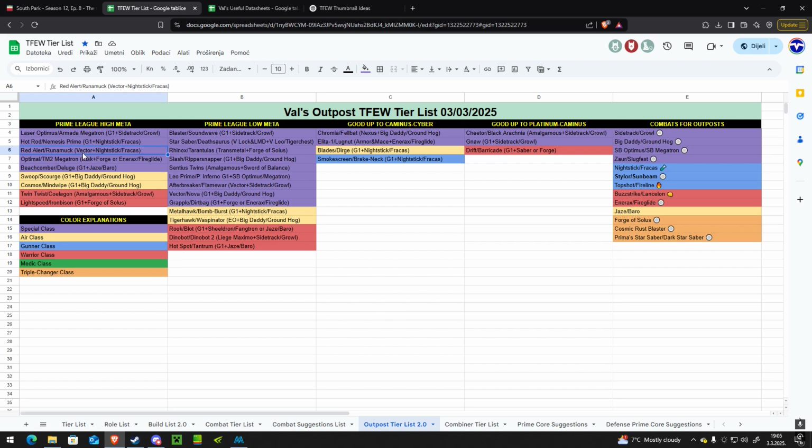Alternatives would be G1 core and Liege core. Now G1 will make him a bit more survivable. It's an option if your Vector is busy, then G1 works. But the reason why Liege works is because it makes him immune to hacks, so that he cannot be